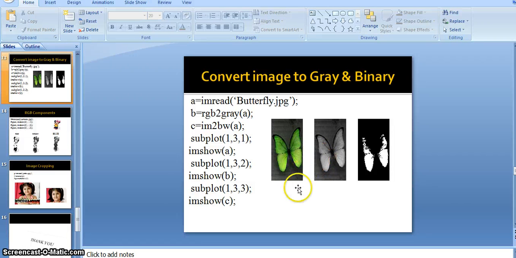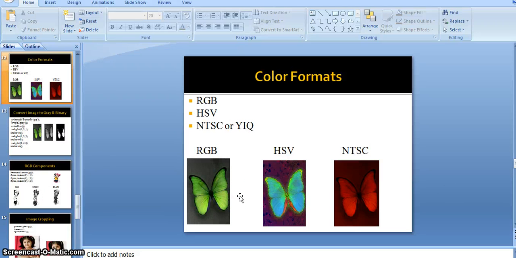And here, YIQ or NTSC is rarely used, only in some countries like America, in television transmission. And here HSV cannot be changed back to YIQ or RGB. Once we convert the image to HSV, we cannot change